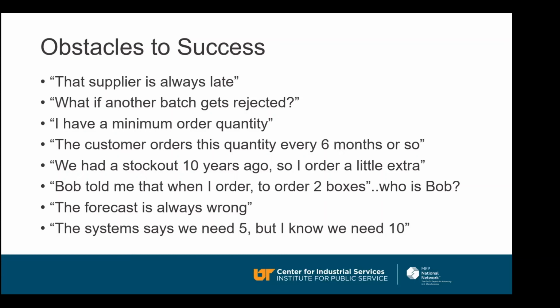I'll ask those questions. I had one where it said, Bob told me when to order, to order 2 boxes. And this was the classic C item. I said, who's Bob? Well, I had to ask several times, but he was the material manager 3 people ago. But that person had remembered what they said and they wanted to do the right thing. So these are the things that you have to embrace, and you have to accept those, because these are the obstacles. That's the hidden culture that has to be addressed as well. And you have to talk about it. You have to have those conversations.